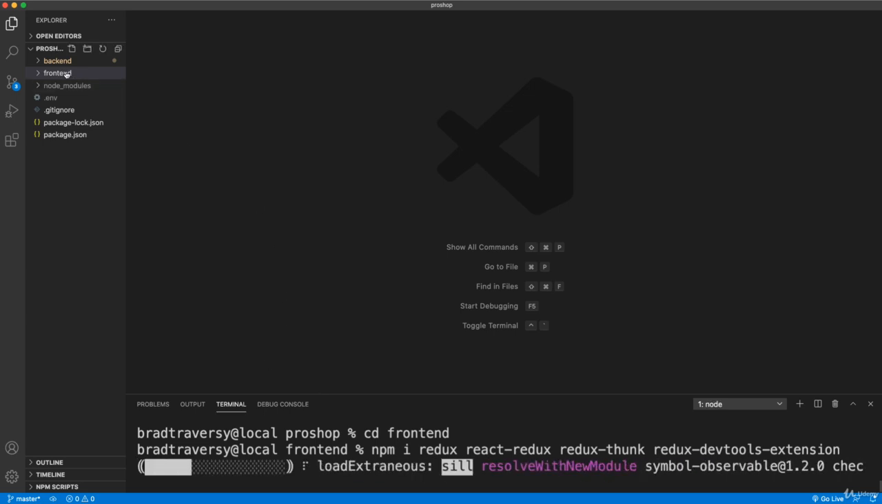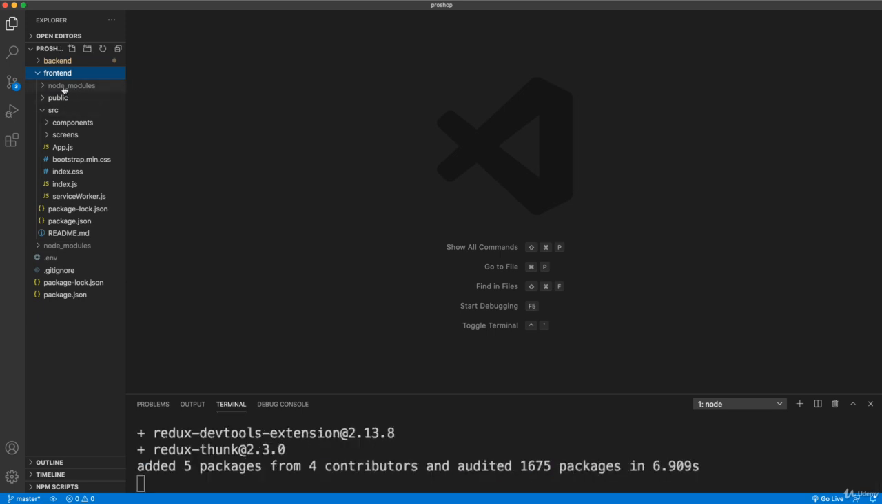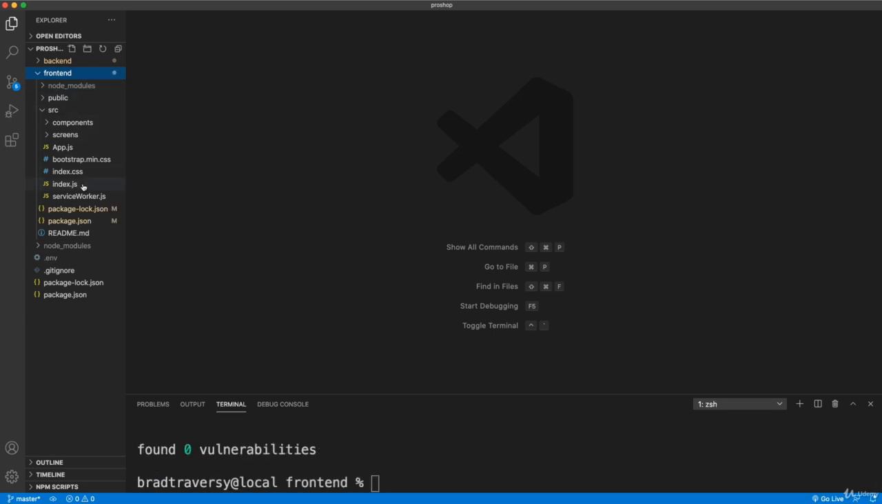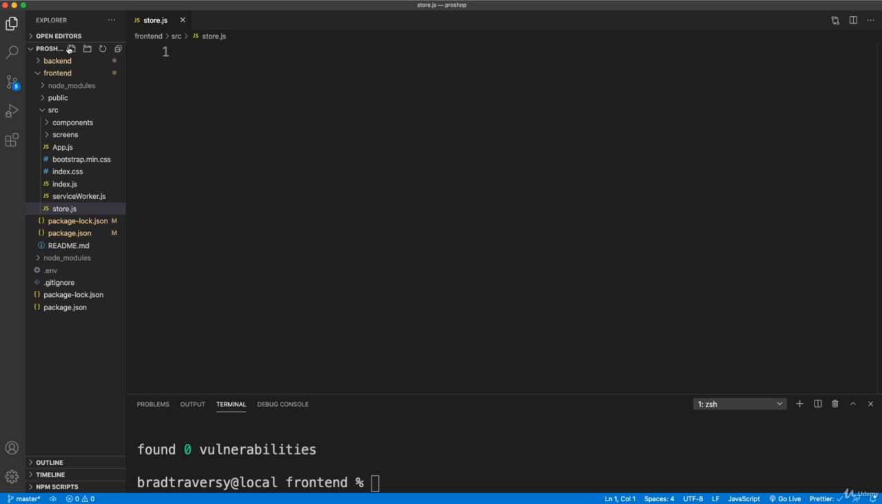And then the first step after you install all that stuff is to create your Redux store file. So directly in the source, right here in the front end, we're going to create a file called store.js. And this is basically where we connect all of our reducers and any middleware, stuff like that. So I'm going to import,